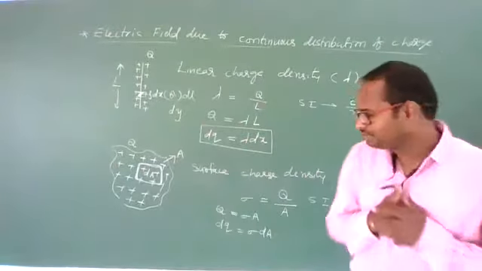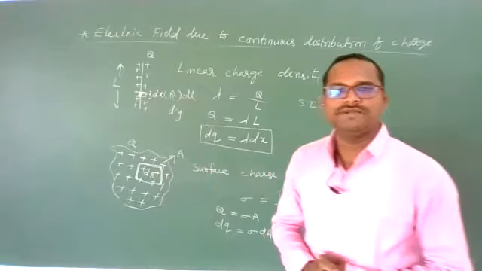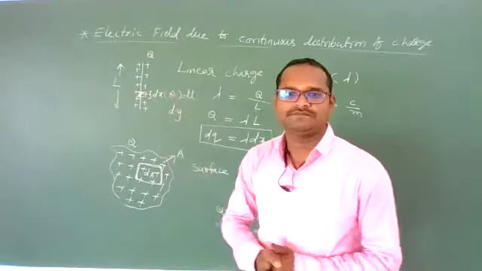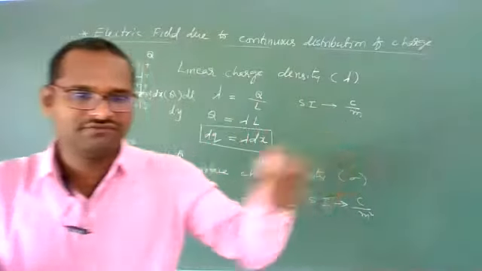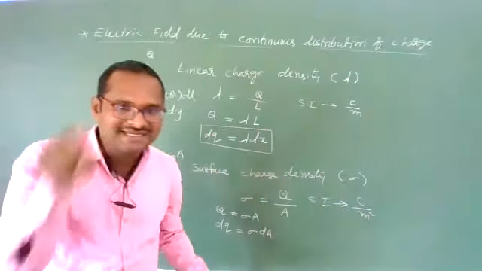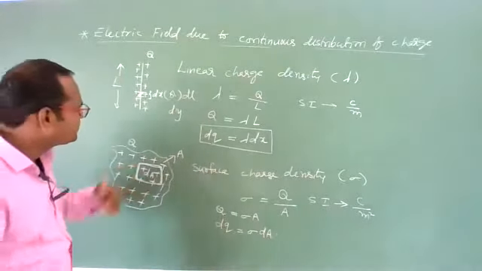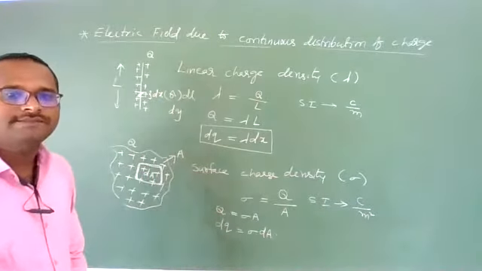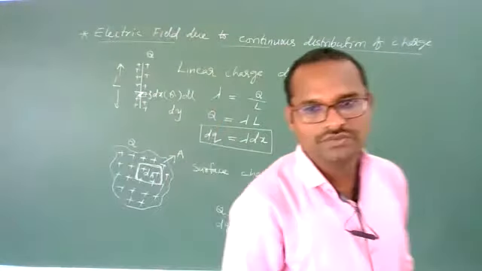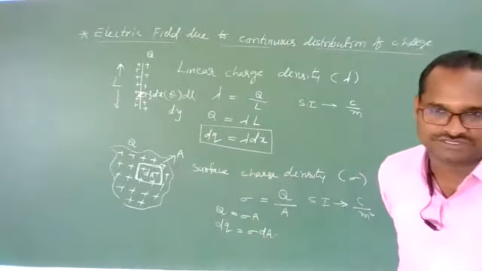Okay. Now which bodies, which materials will have linear charge density? You know, linear mass density is present for length of wire or circle. You need to take linear charge density. And surface charge density, for which one we need to take? The disc, you can take a surface charge density. Okay, a plate, you can take a surface charge density.